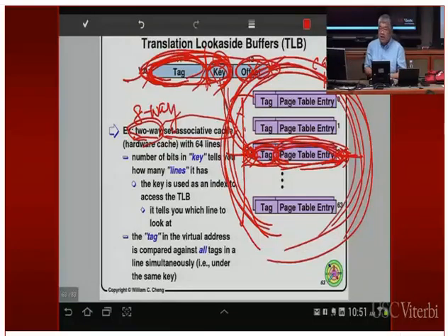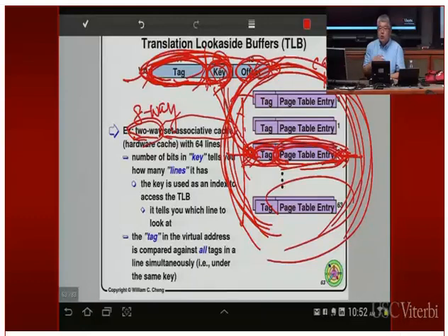The performance of this is very crucial, because then you don't have to go to real memory to look up a page table entry. Also, this is the reason that when you switch to a different user process, you have to do something. When you switch to a different user process, it has a completely different address space. If you use the virtual address for the new user process, is it possible you're going to get a hit? Yes, you're going to get a hit, and that will point you to a physical page that belongs to the wrong user process.